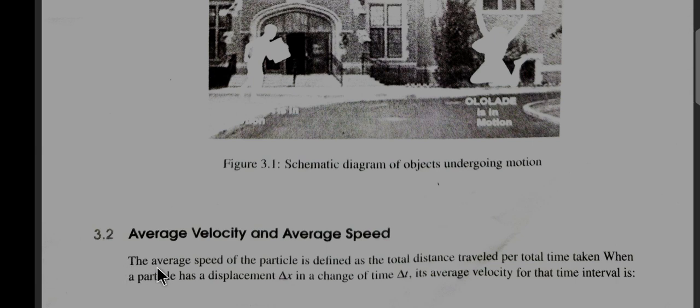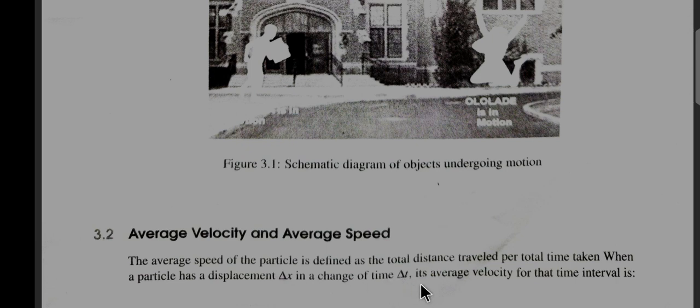The average speed of a particle is defined as the total distance traveled per total time taken. When a particle has a displacement of delta x in a change of time delta t,